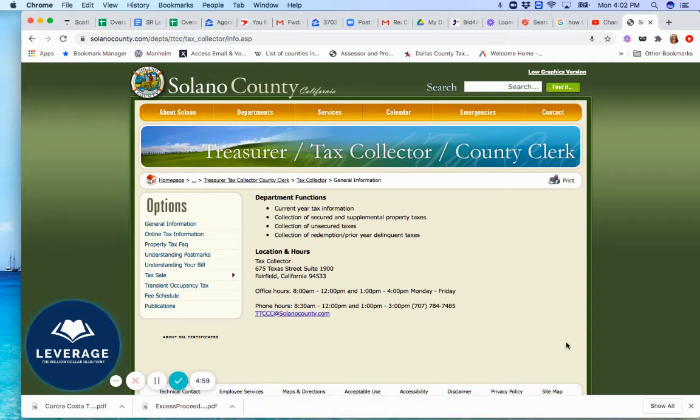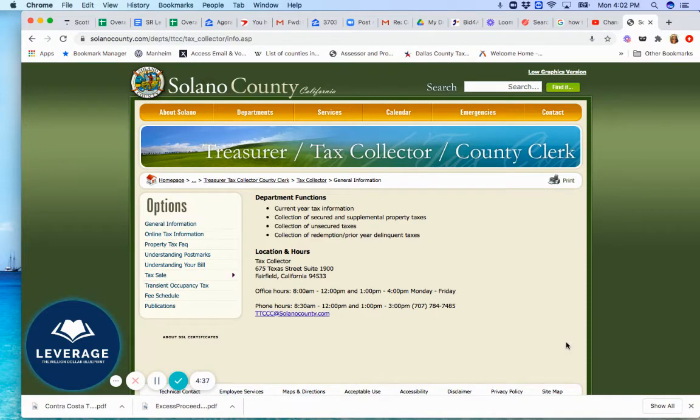Today, I want to talk about how you can find a tax deed overage list. And basically, you will go to that county. There's actually three ways you can find a tax deed overage list. I'm only going to cover one, but I do cover this in my course, and it works really, really well,